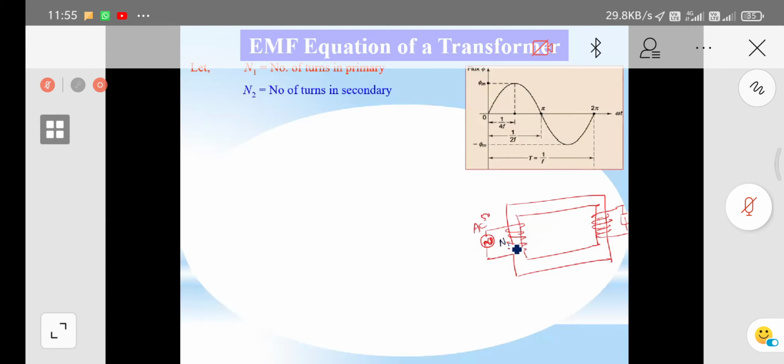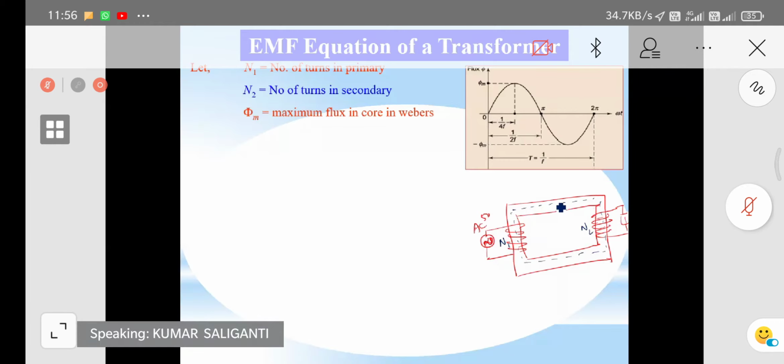Here N1, and the number of turns in the secondary is N2. This is the core, iron. Generally we have air core transformers and iron core transformers. The air core transformer is used for frequencies of more than 25 kHz, and the iron core transformer is used for less than 25 kHz. Most prefer the iron core. There is the iron core transformer, and the soft iron core transformer is also preferred here.